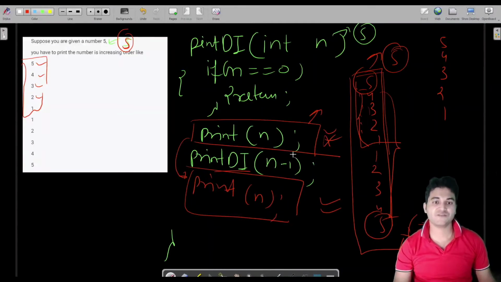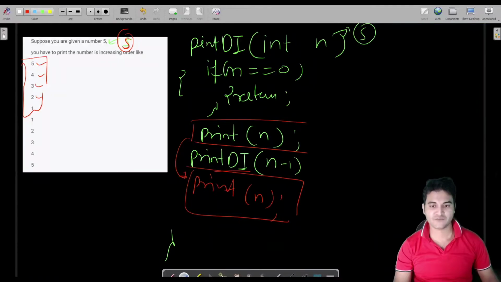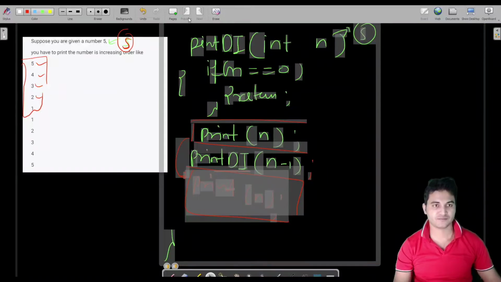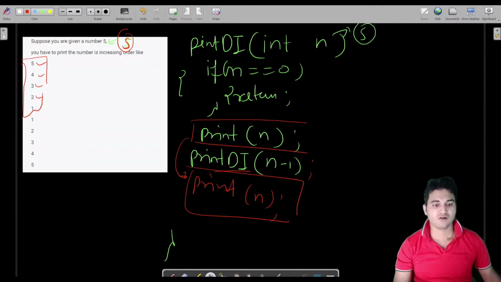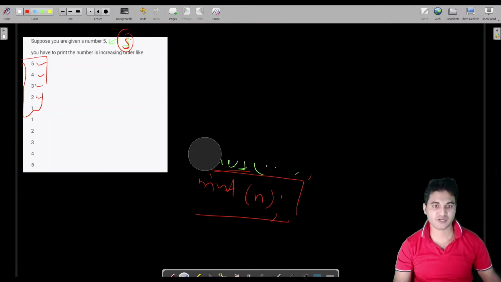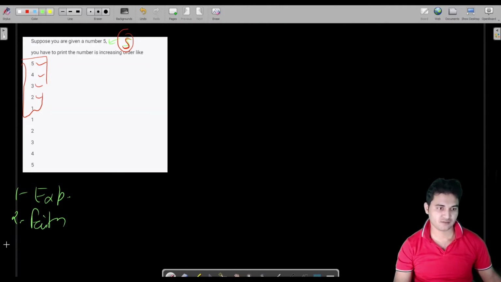If it is confusing to you, then let me explain this same code with another approach. I think that would be easy for you. Let us erase this. Fine. Let us solve this using the faith and expectation mechanism. Our first step was expectation, the second was faith, and the third was expectation plus faith.